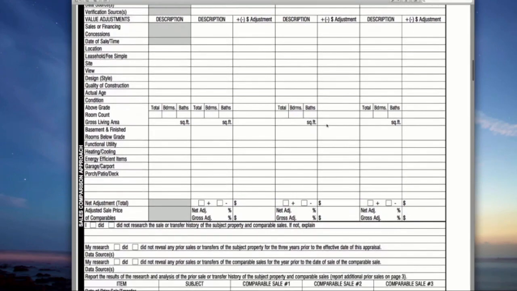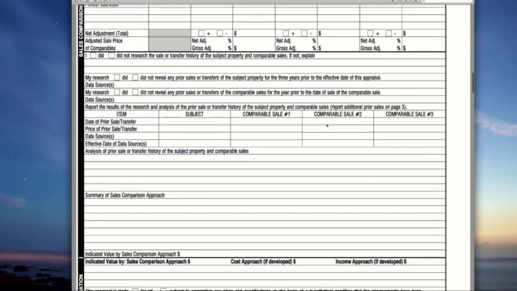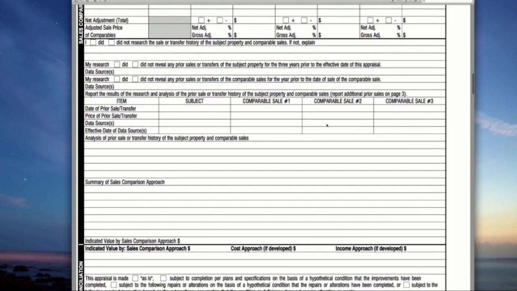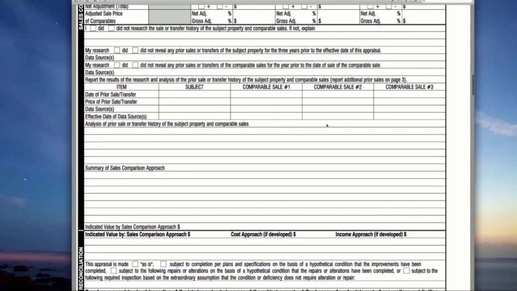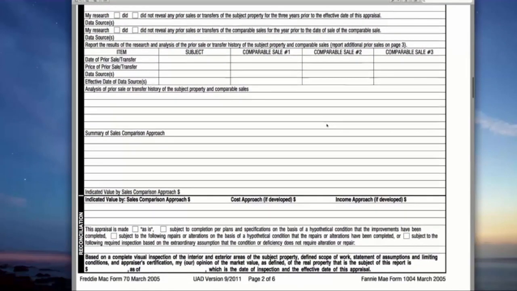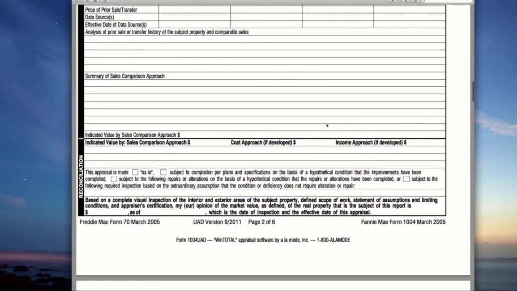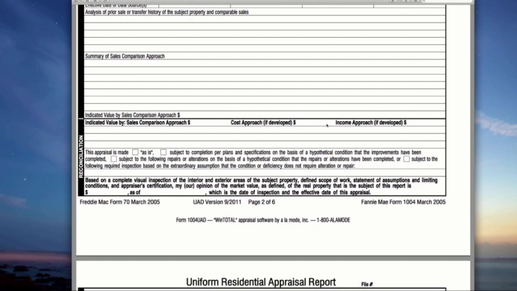That's going to tell any reader how the appraiser came up with their opinion of value. They are going to make adjustments for differing quality and condition. They're going to make adjustments for differing ages, differing living areas, as well as a difference in heating and cooling,